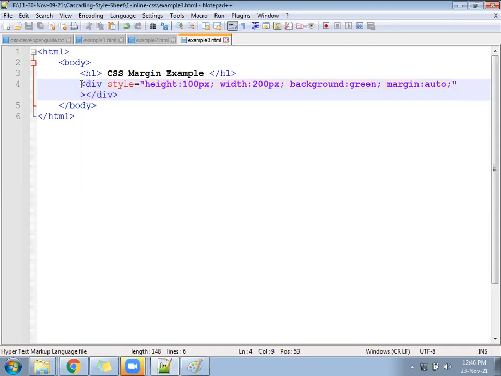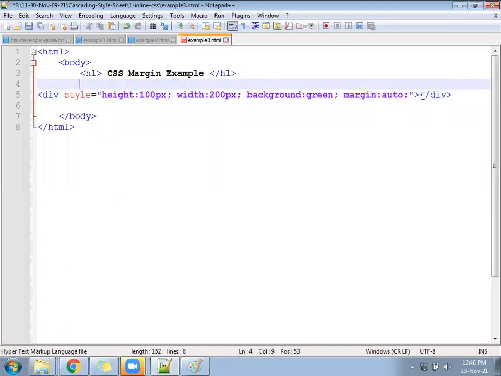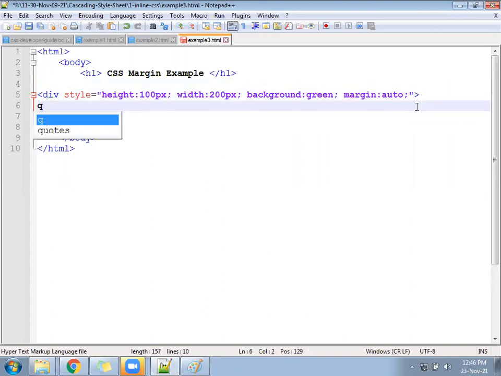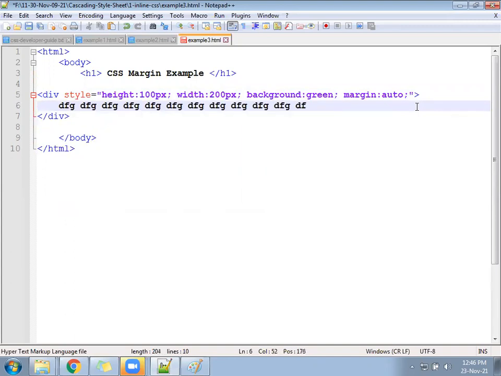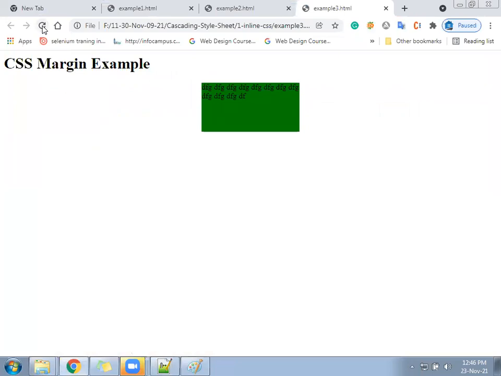Margin colon auto will bring the division to the center of the screen.